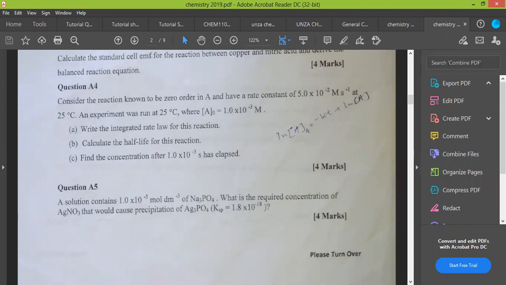Okay. So the 2019, this is a 2019 paper that was written by that intake. So from section A, there is this particular question here. So this question is actually on